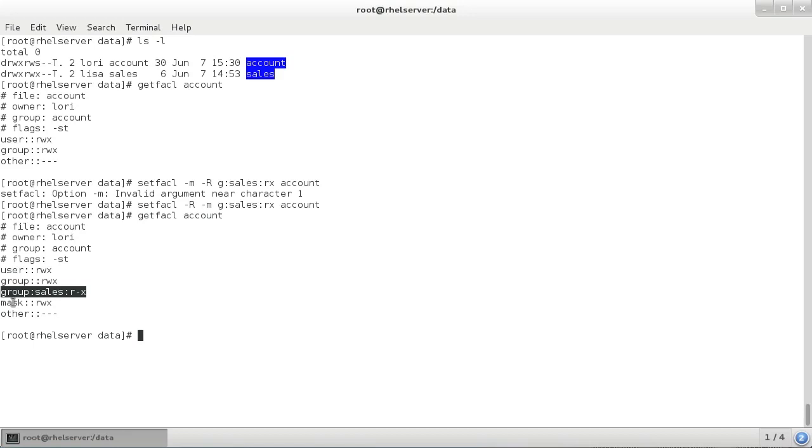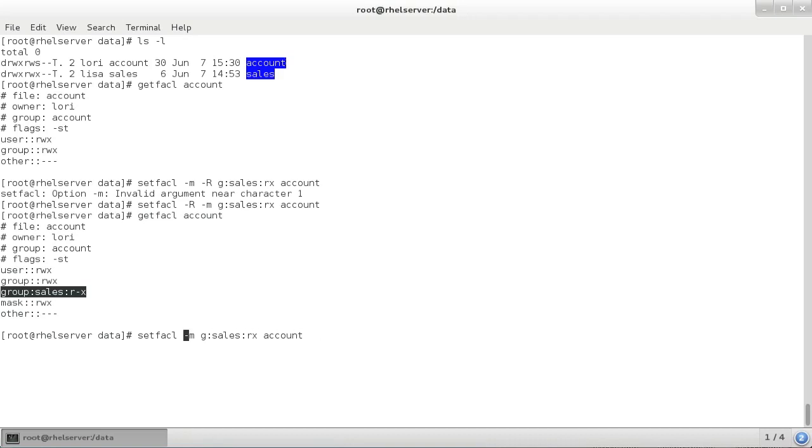Okay, what we have done is we have taken care of all the items in the account directory. What we also need to do is take care of new items that will be created in the account directory. And to do that, we need a default ACL. Setting a default ACL is not too hard if we have this previous command done already. Now you'll be wondering which previous command I'm talking about. So what I'm going to do is I'll go back, use the command.